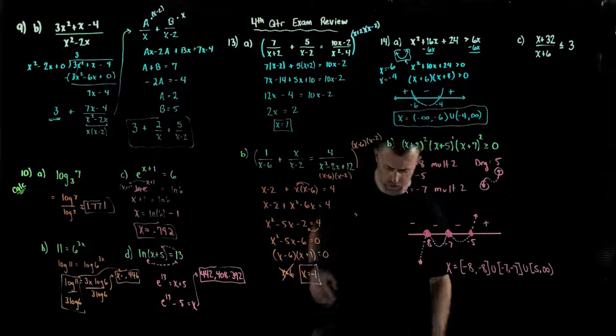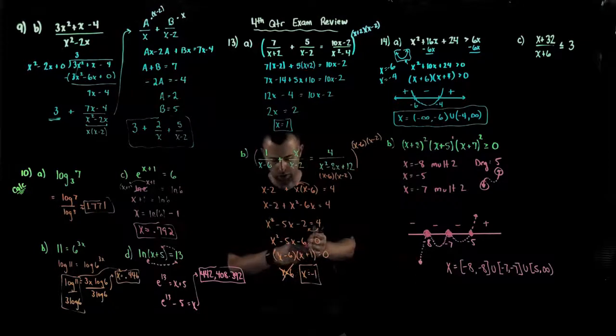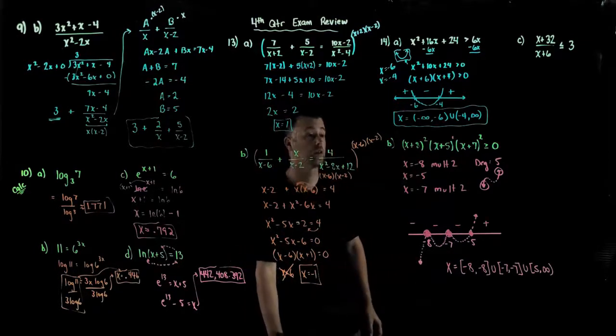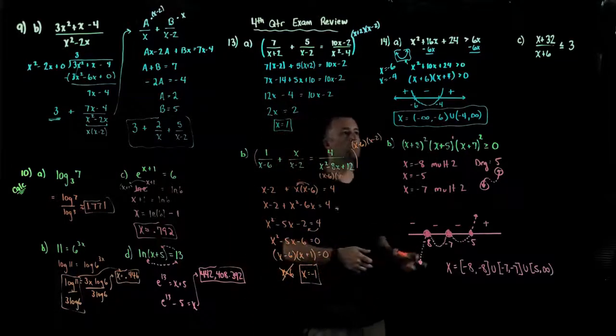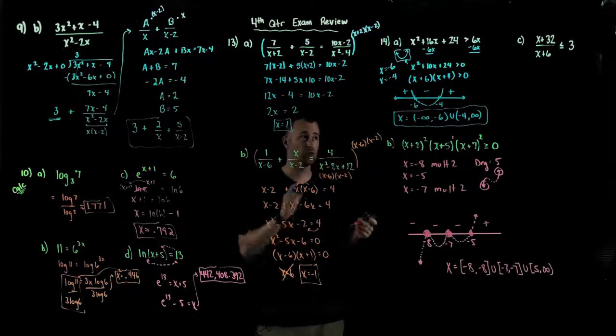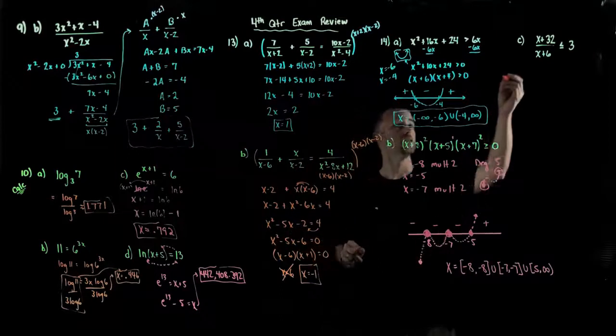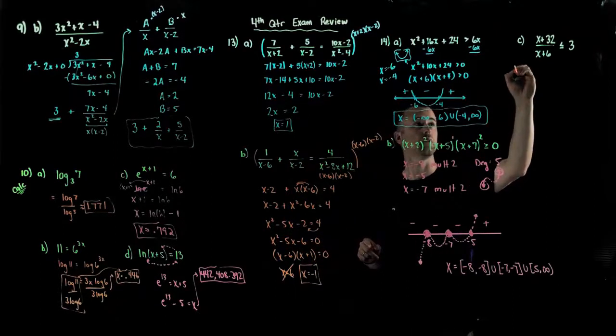So that's dealing with polynomials. And then the last one that we have, kind of go up here, we have, let's see, orange. Just trying to get my color right. So we have C, which is a rational. So with rationals, there's two things we need to be able to find. So we need to be able to find, in this case, I want the x-intercept,